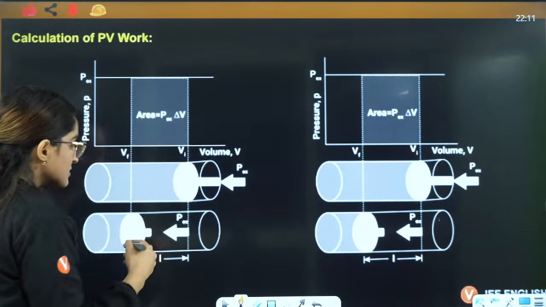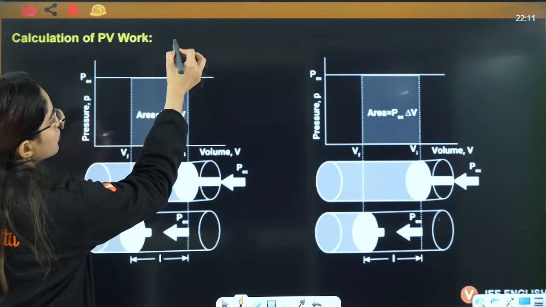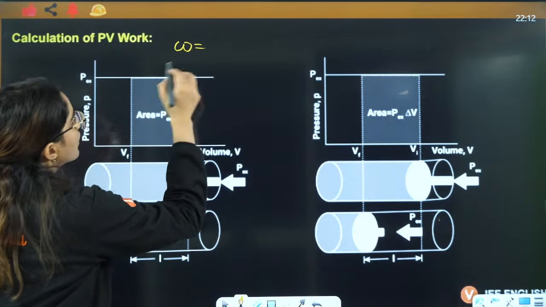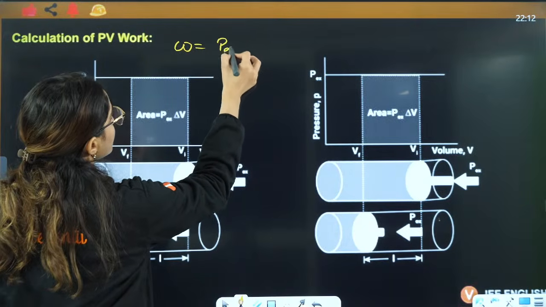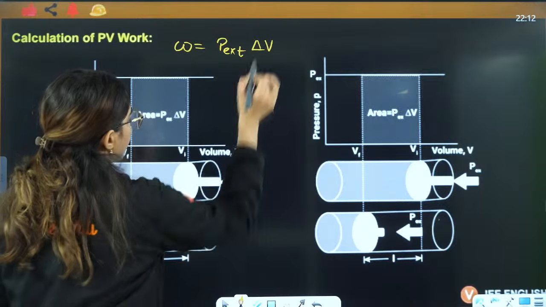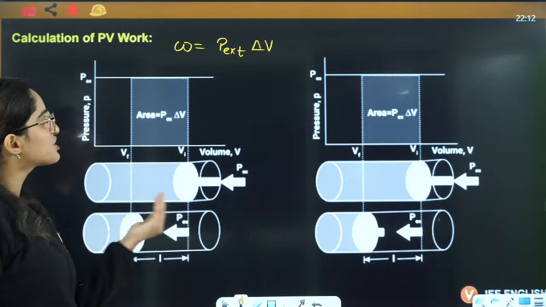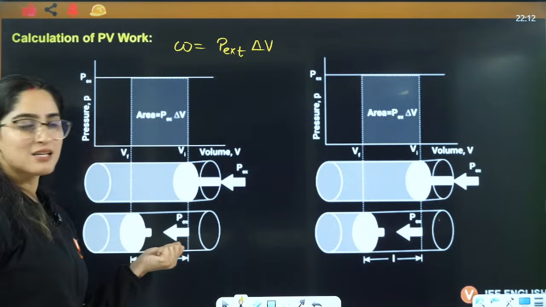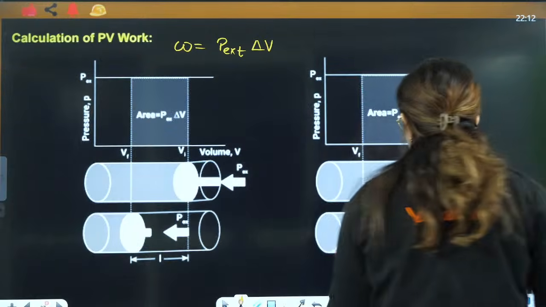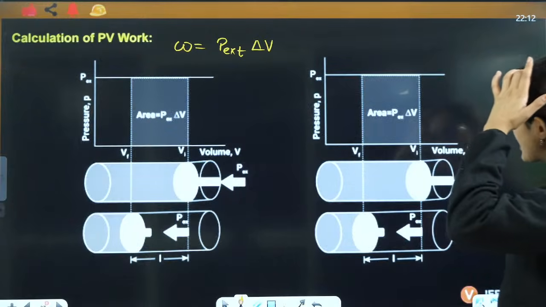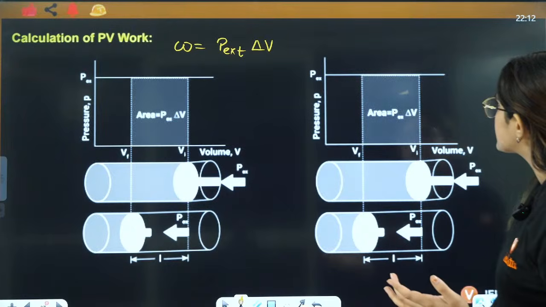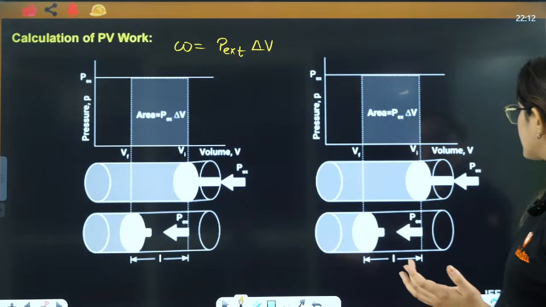So we can write this as work done is equal to P external delta V. In this case, compression is happening, volume is decreasing. What if expansion is happening? What if I say expansion is happening? Wait a minute. This is